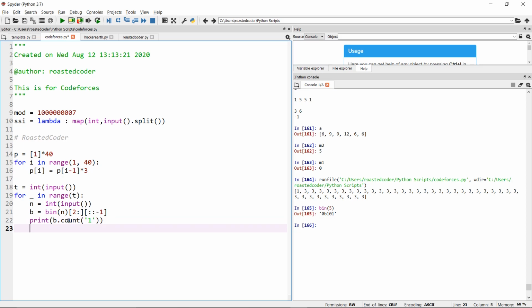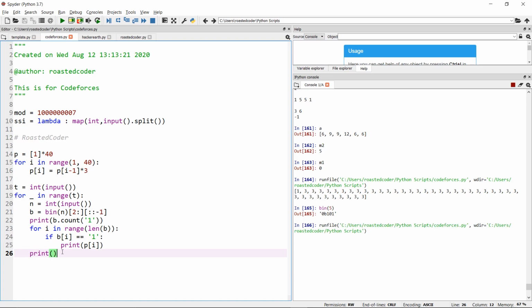Now let's run a loop over b. For i in range of the length of b, if b[i] is equal to 1, then we have to print p[i], and an extra print for a new line.